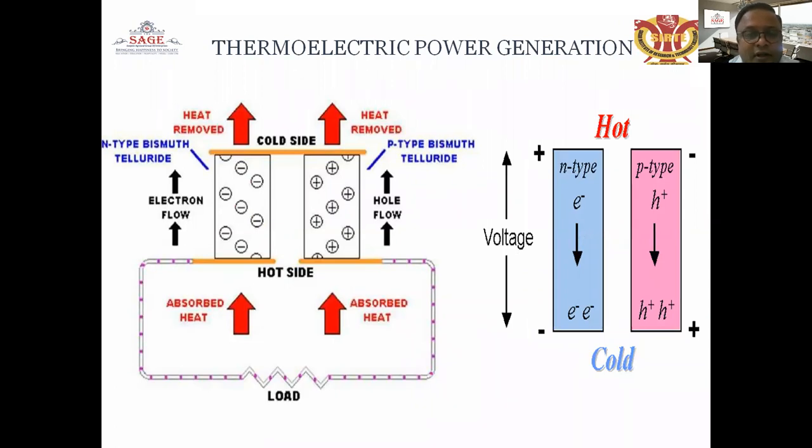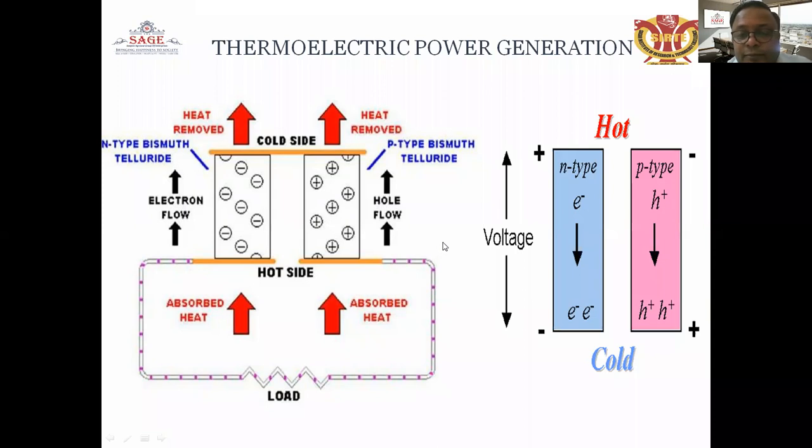of the conductor or electron, where it will pass through the two dissimilar materials. So heat is removed from this side. This is the cold side where the heat is removed from the upper side, and the hot side heat is absorbing. There it is given in the diagram. The electron flow is from the hot side to the cold side. It is always done in the NP type of the junction.